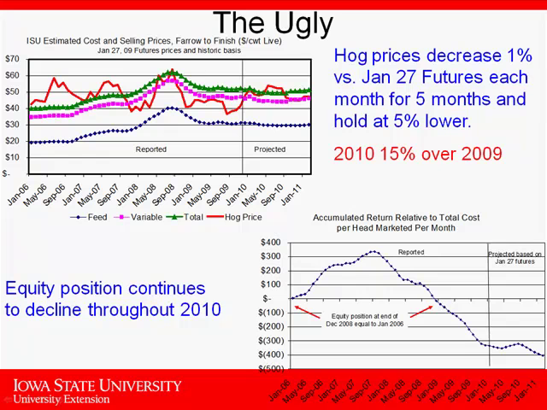So if we had bad where we started, and this was good, what's ugly? Well, ugly, I said, what if hog prices decrease 1% a month for 5 months and end up 5% lower than we thought yesterday? They still end up being 15% higher than a year ago. So if you look at it, hey, it's higher prices than 2009. We get up here into the profitable situation in the summer. We go back into some losses in the fall. The problem, and why I call it ugly, is the equity just continues to disappear. We don't fill up the hole that we've dug. Okay? It just continues to drain.